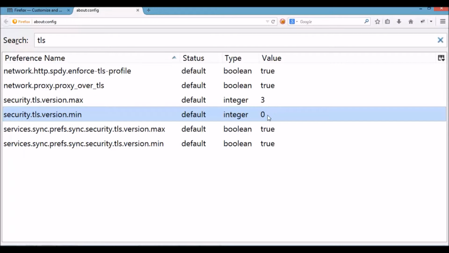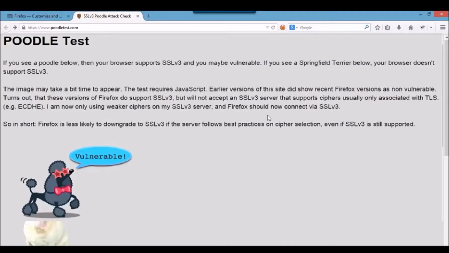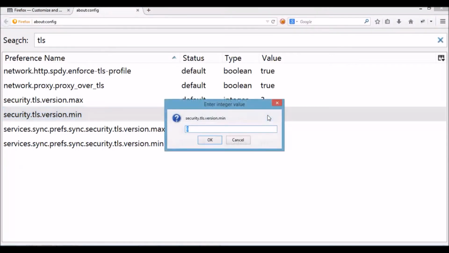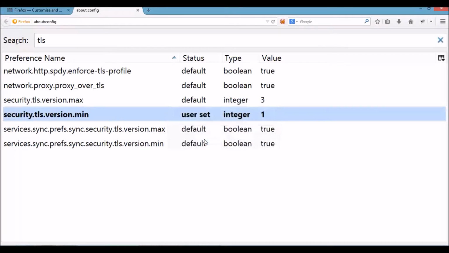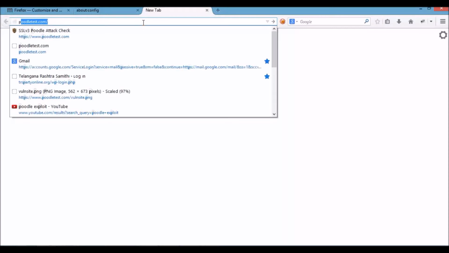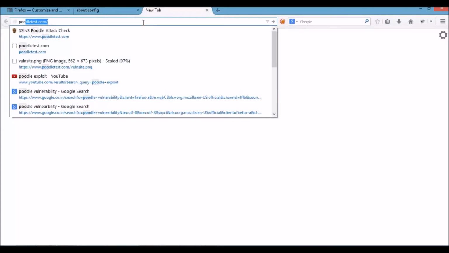That's why we are getting the message that it's vulnerable. What we'll do is change this value to 1. We'll save this one and open it again. Let us check whether it's enabled or not.